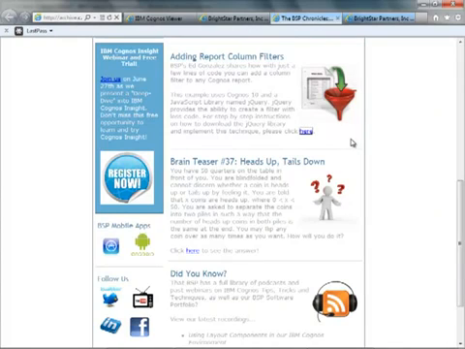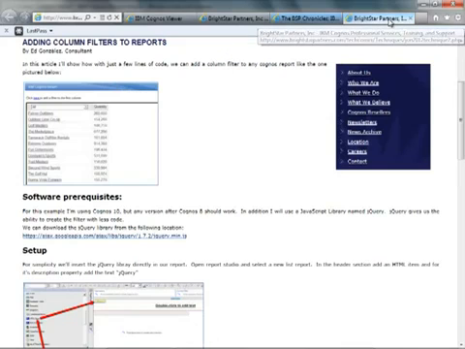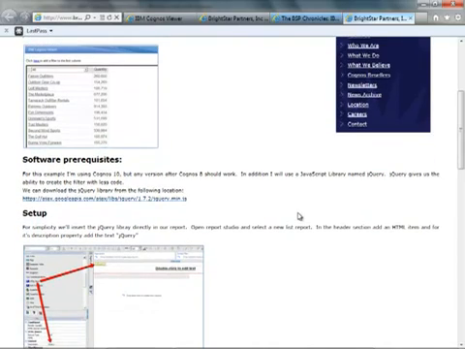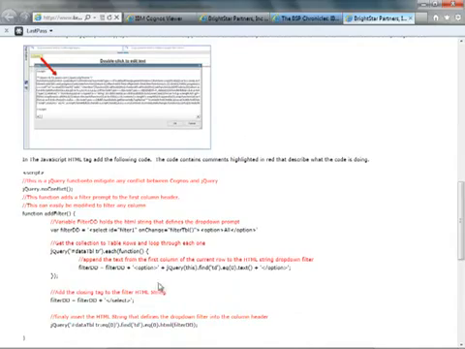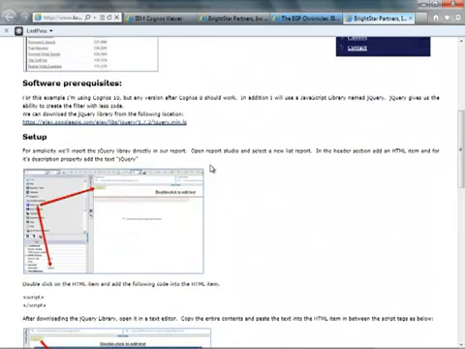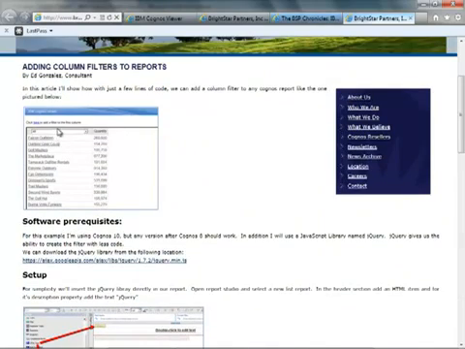this one. This article comes from Ed Gonzalez in our June newsletter, and Ed shows us how to add these column filters to reports using jQuery and JavaScript with HTML items in Report Studio. And what Ed shows us is how to take this JavaScript, which is located in the article down here, and add it to an HTML item, and how that will add a combo box or a filter to the first